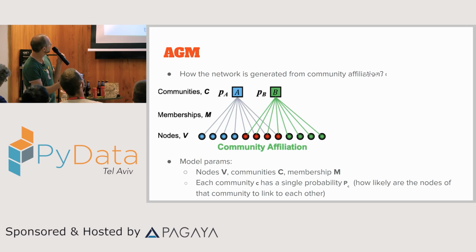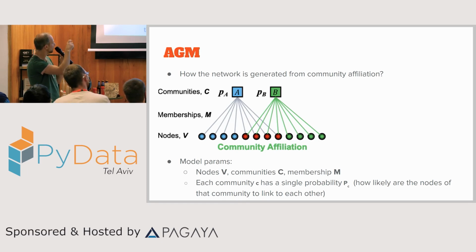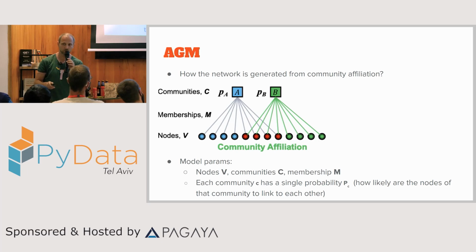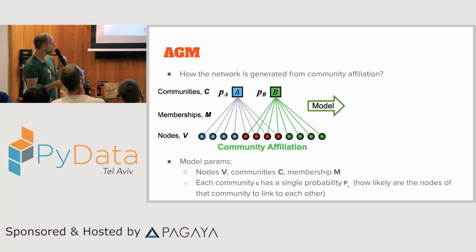So the AGM looks something like this, where it's a bipartite graph with a few parameters. On the lower side, we have the nodes. On the upper side, we have the communities. Here we have two communities, and the blue nodes are connected to community A, and the green into B, and red into both. And we have the probabilities PA and PB, which are the probability of the nodes to link with each other within the community, right? And given this model, we can generate a graph,